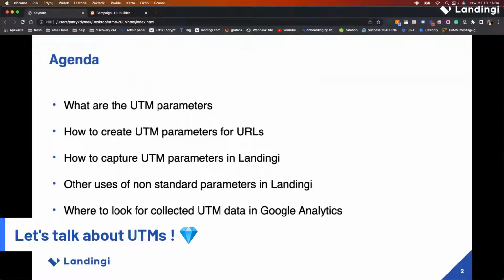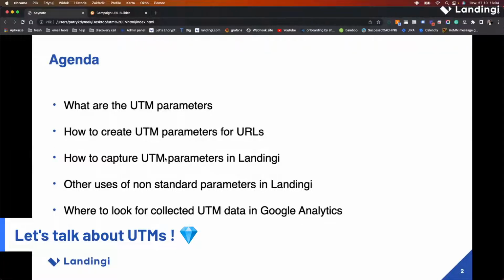And of course, for all of those using Google Analytics, and I can't really imagine that you're not using Google Analytics if you're interested in UTMs, we are going to show you how to find the UTM data in Google Analytics. Both the Universal Analytics version and GA4, which is coming. Which is starting February, I guess. No, it's July. July next year. It's going to be the only supported version of Google Analytics.